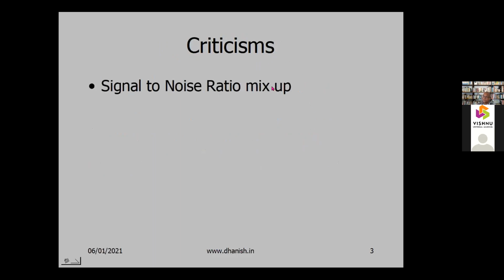So the problem with Taguchi's methods: one is that the signal to noise ratio is mixed up. He uses signal to noise ratio, but that mixes up two things. Okay, I'll explain that. Then these orthogonal arrays: he has selected some arrays. Some of them are okay, but many are aliased. He does not discuss the alias structure. In this fractional factorial design, aliasing may happen, that he does not discuss at all.